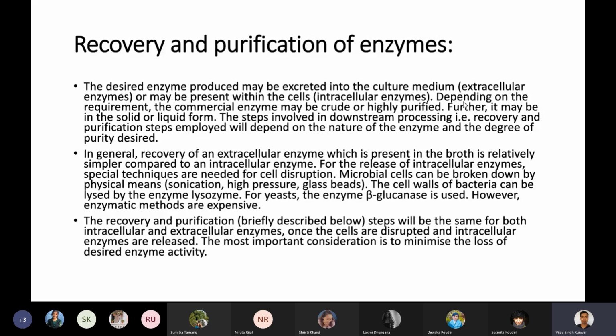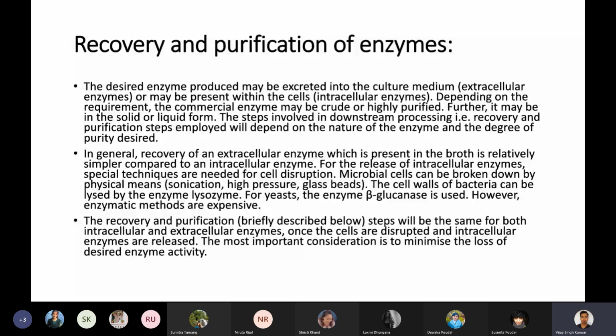Depending on the requirement, the commercial enzyme may be crude or highly purified. Further, it may be in solid or liquid form. The steps involved in downstream processing, that is the recovery and purification steps, will depend on the nature of the enzyme and the degree of purity desired. So downstream processing all depends upon the